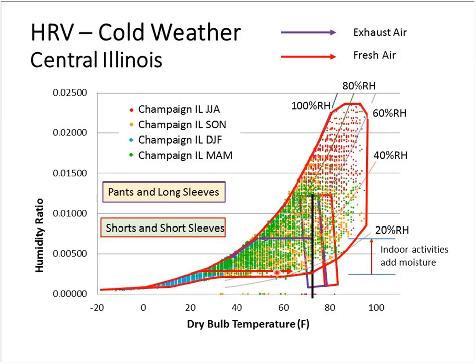It comes in at a lower humidity, typically in the winter, and so this increase in moisture is from you and your metabolism and your showering and cooking. Depending on how much moisture you generate into vapor determines how high your indoor relative humidity will be. Now, as we cool down further and get below freezing,